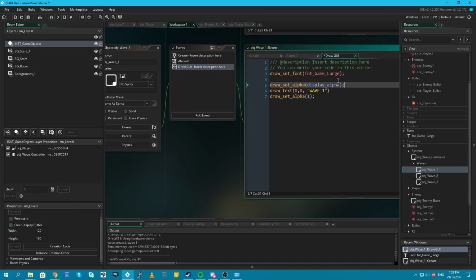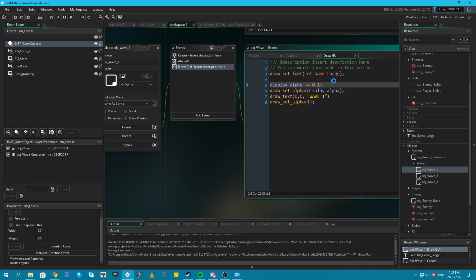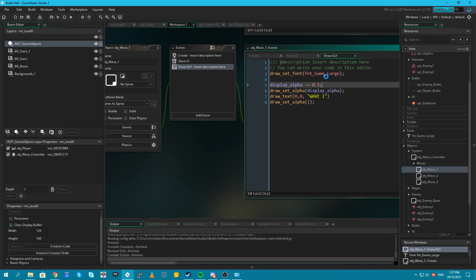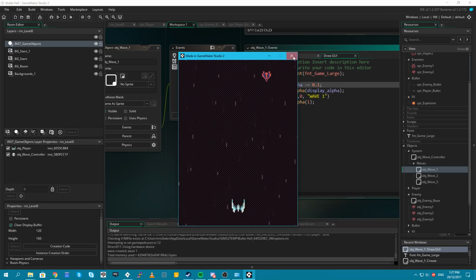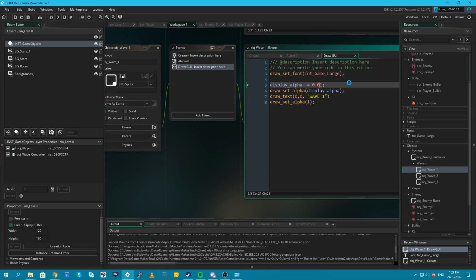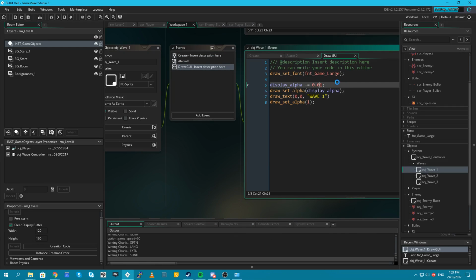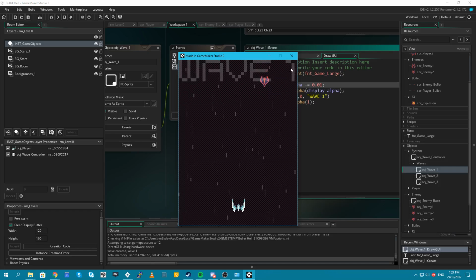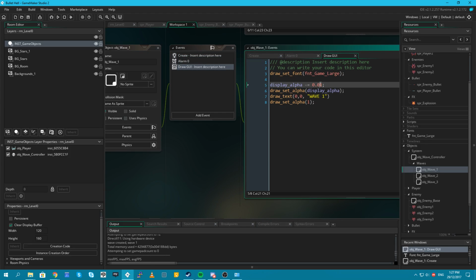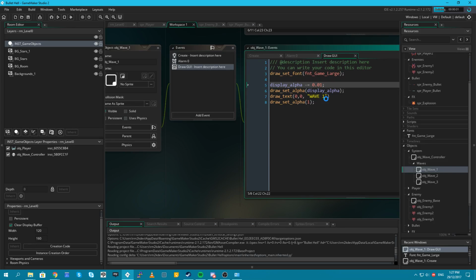Anyway, then what we'll do is we'll say display alpha minus equals 0.1. That was weird. Sorry, guys. It was 0.01. Yes, that is sick! Alright, so now it should display the wave name and then fade out.